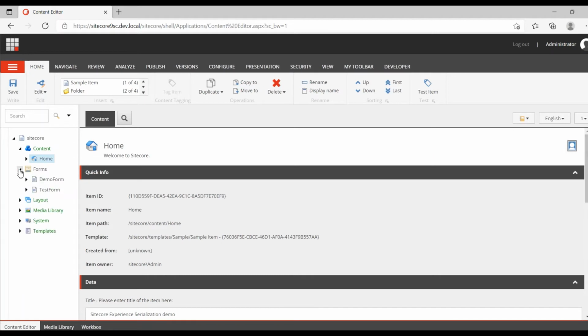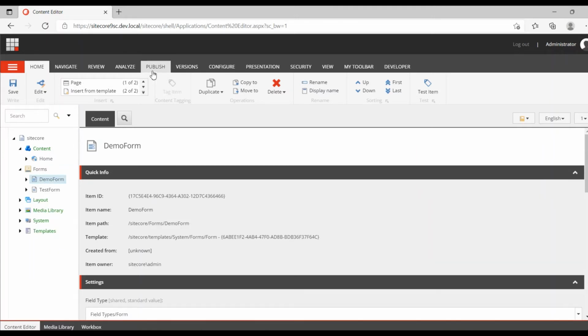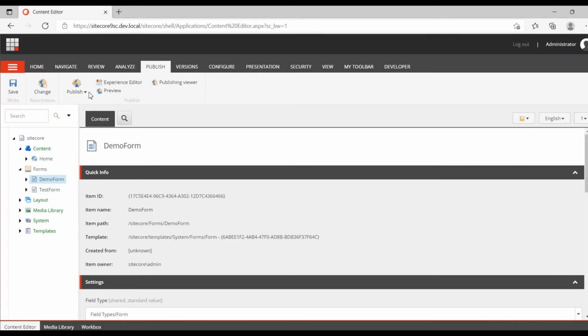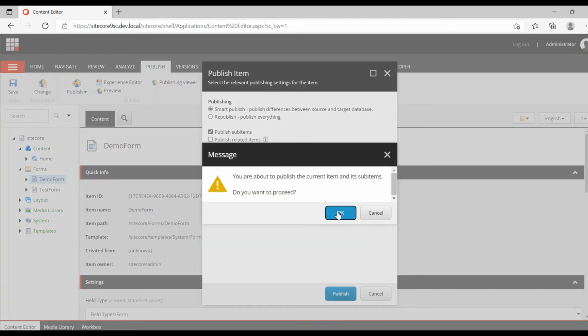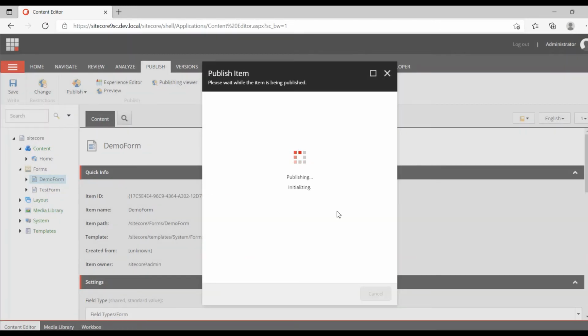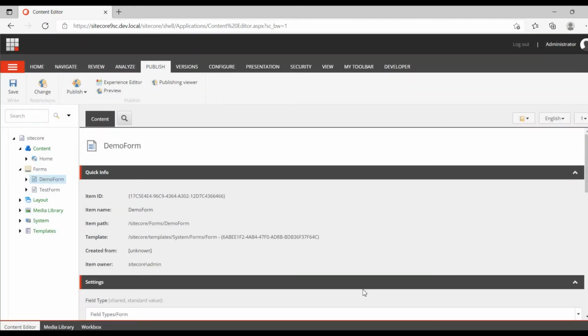Now I can find my demo form here, and all the fields and everything are available here. Even if you want to change something, you can change it here. Now I am going to publish this demo form, with sub items. Now the demo form is published.